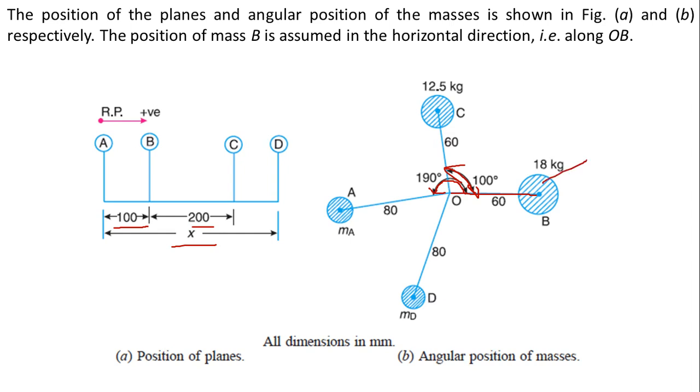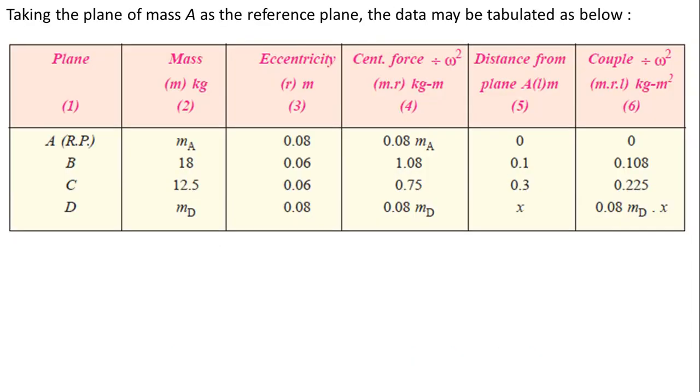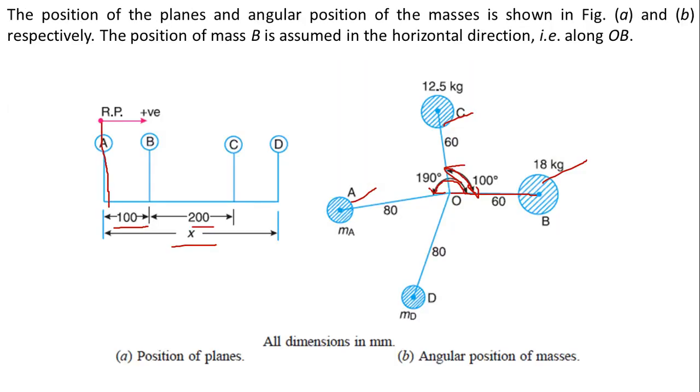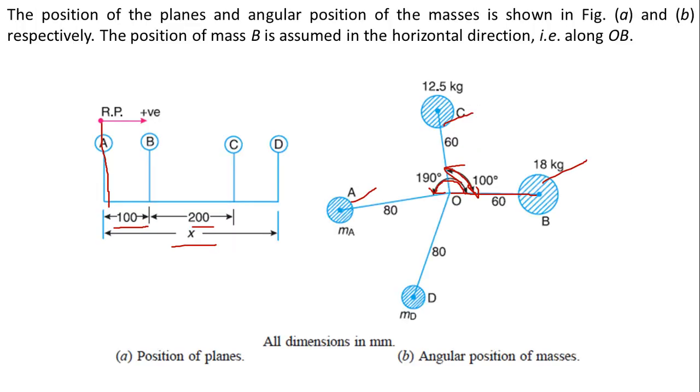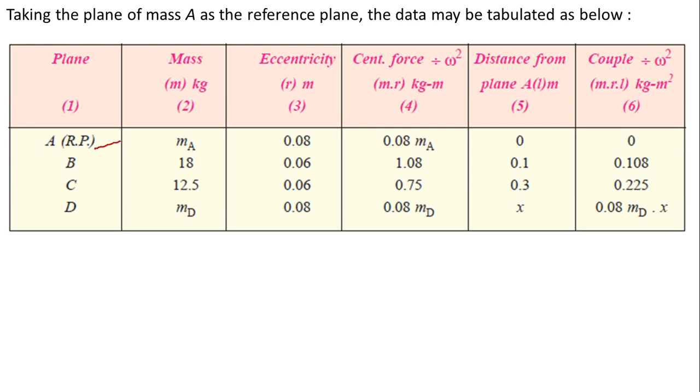So initially we get the positions for these three things. MD is not known to you, that we will find out later. Now first draw the table. According to the given data, we'll take the reference plane as A, because MA is not known to you, so you can take either position A or position D. If you take D, you don't know the angles either, so it becomes very difficult. We'll take the reference plane at A. So taking ABCD with the reference plane here, we get the mass MA, not known.